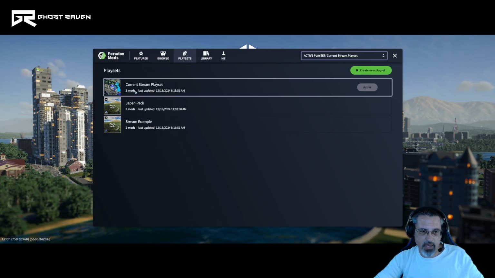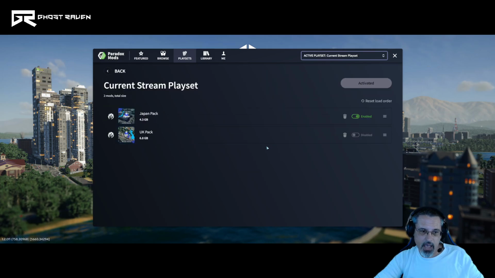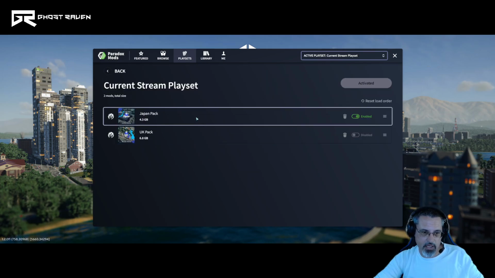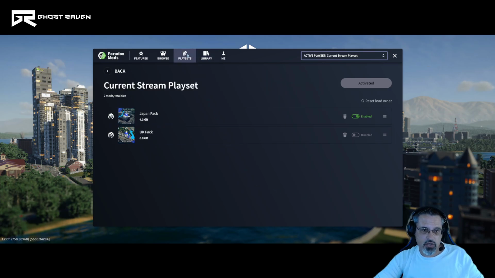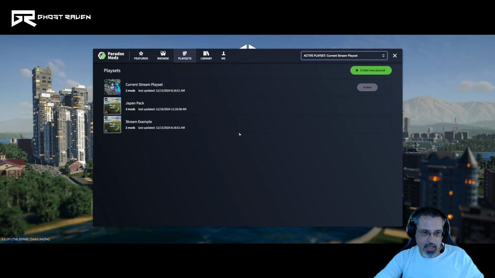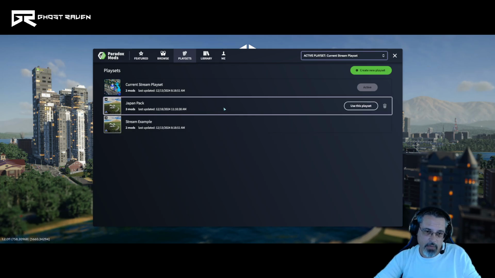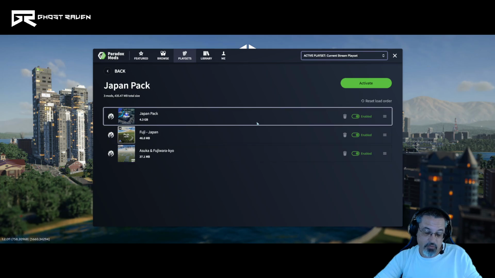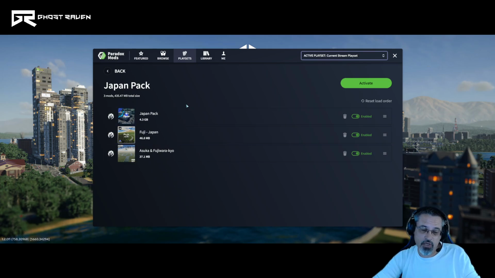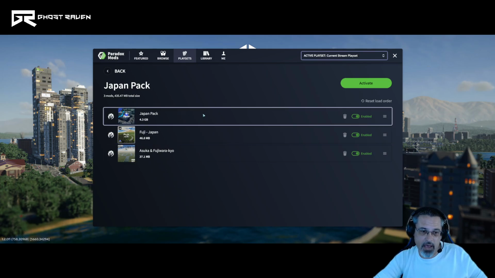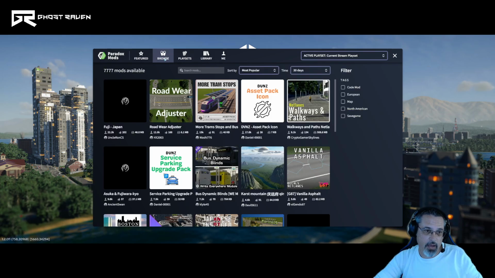So you can see my current playset is this current stream playset, and in that playset I have a UK pack and a Japanese pack, but you can see that the Japanese pack is only enabled and the UK pack is obviously disabled. So that's that particular playset. And then I have a few other ones. So I have this Japan pack, which I have basically created for this mod. I'm going to be starting a new city where it's going to be a Japanese style city, and I'm probably going to use the Fuji map, and I'm going to use the Japan map asset pack from Paradox Mods